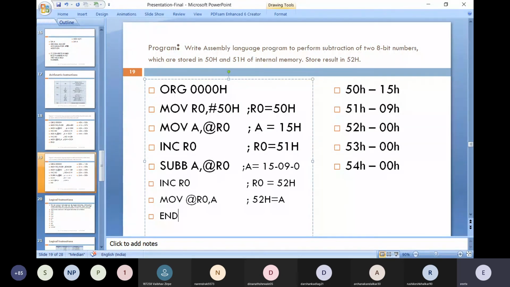As our task is complete, write the last assembler directive, that is the END directive, correct? So this is how you can write your program of subtraction using the pointer.